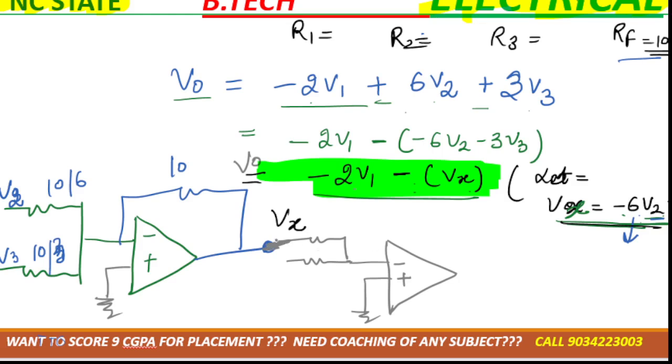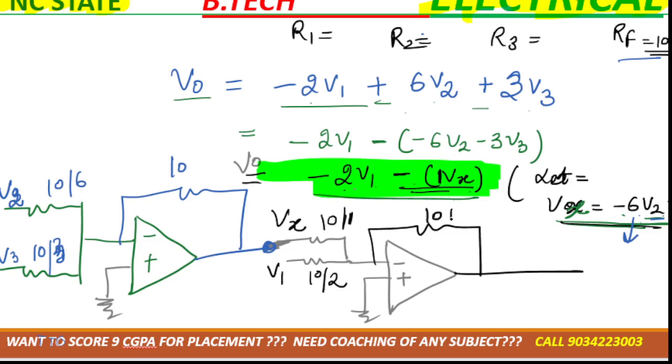Can connect this Vx over here, so this is 1, the resistance is 10/2, write down 10/2. Here इसका coefficient is 1, right? You can write it as 10/1, 10 kilo ohm, and the output is